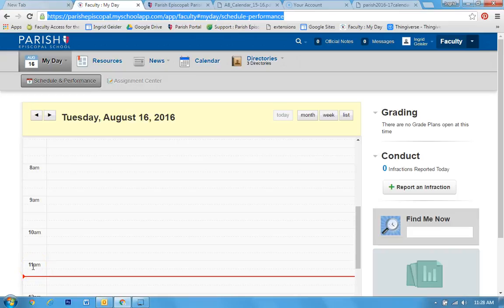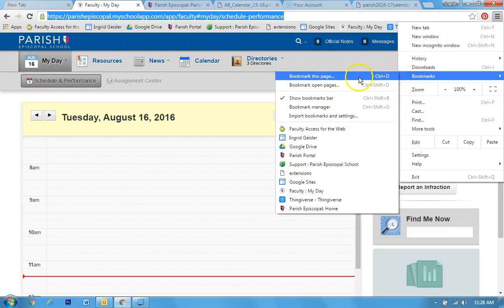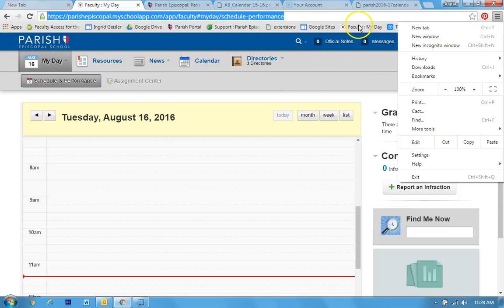Okay guys, I'm going to show you how to set up your bulletin board for your class. So go ahead and log in using the Parish Episcopal School myschoolapp.com, which by the way I went ahead and added to my bookmark, so it's up here. You can click on the three lines. If you're in Chrome, say bookmarks, bookmark this page, and then I just dragged it to where I wanted it